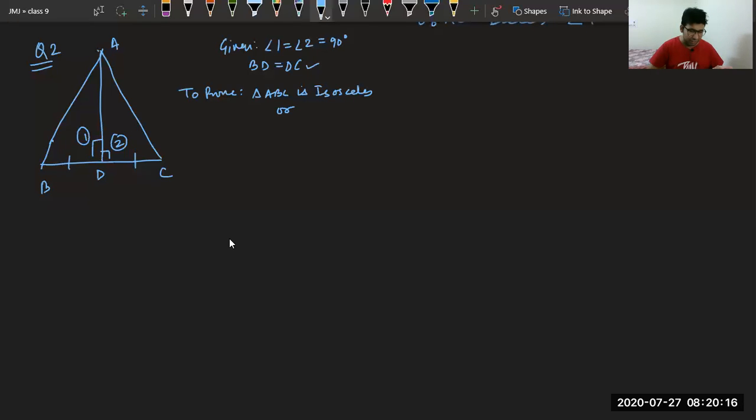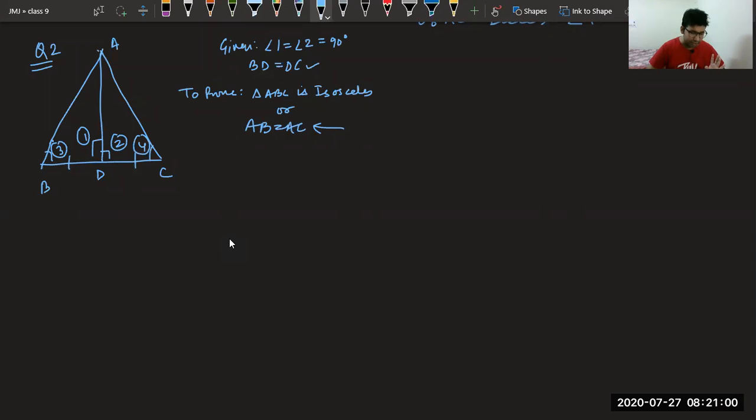Or indirectly we have to prove, all of you, please tell, indirectly we have to prove, please respond. If we want to prove ABC an isosceles triangle, we have to prove, very good Gurleen, very good Utkarsh, AB equal to AC. Now all of you, if this angle is angle number 3, this angle is angle number 4, tell me, to prove these two equal, what do I need to prove?